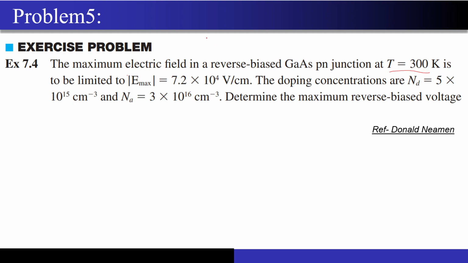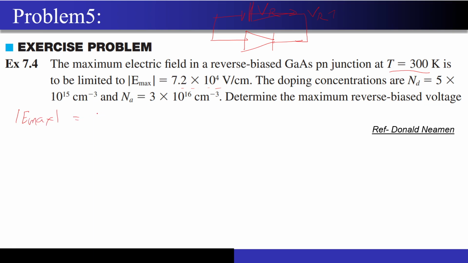So you can just consider it like you have a diode, a reverse bias PN diode, correct? You are applying a battery like this, correct? And now they have asked us, okay, we don't want this Emax to reach above this value. Now how much can I pull this VR such that this Emax limits to this value? If I increase my VR above this value, then the maximum electric field in the depletion region will exceed this value, and I don't want that to happen, right? So now let's see what has been given. So what is the formula for Emax, right? We have seen it, right?